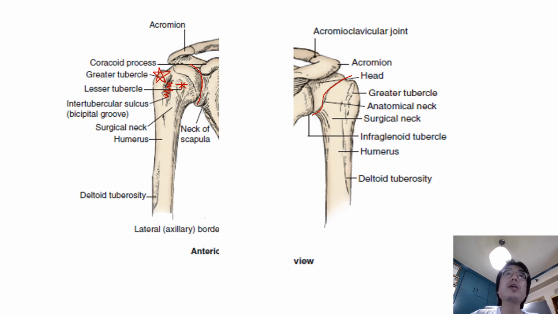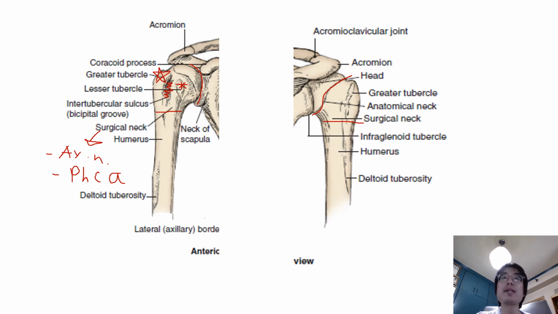Going back now to the surgical neck. The surgical neck is a narrow area distal to the tubercles, which is a common site of fracture. And it is in contact with two important things. It is in contact with the axillary nerve and the posterior humeral circumflex artery, which we shall discuss in more detail shortly. Therefore, a fracture of the humeral surgical neck can compromise the axillary nerve as well as the posterior humeral circumflex artery.